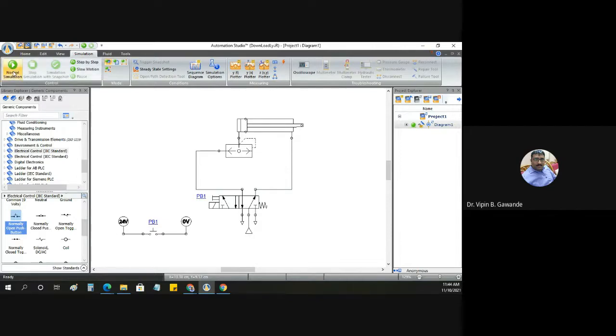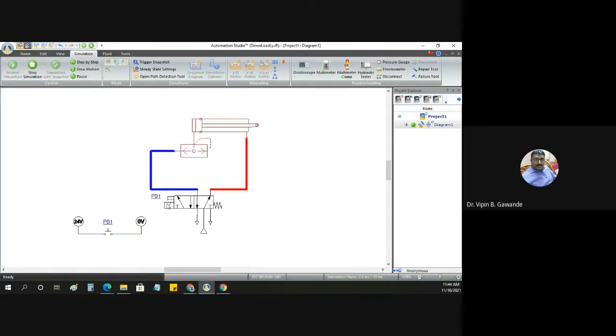Now what will happen? Now go to the simulation. See, now click on this solenoid. Now we will operate it by button. See, now I'm operating it with the button. I'm clicking this push button, and I'm not doing the manual here. Manual will be done with the help of this push button. This is manual when the tick mark is there. When I click on the solenoid and put this push button, this is by means of the electro pneumatic circuit. This is called the electro pneumatic circuit.